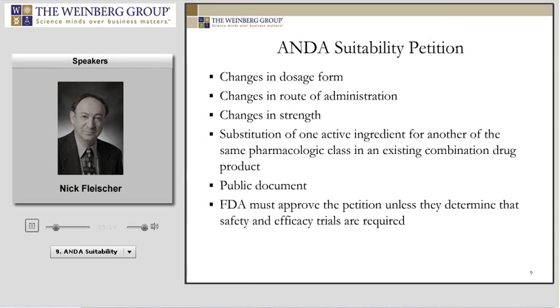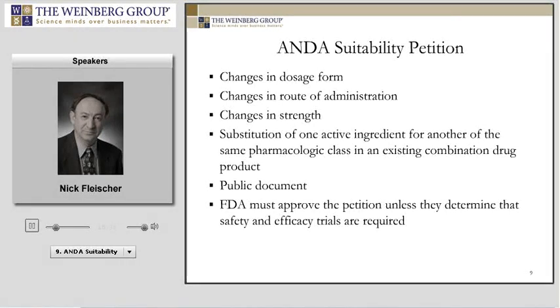and this is where, as I said in my introductory comments, people can make the decision on several factors on which would be the optimal pathway for them to go down, whether to file a suitability petition and go through the ANDA process, or to file the product as a 505(b)(2), even though the products would be identical as far as the final outcome.